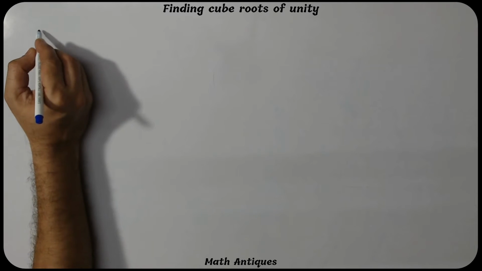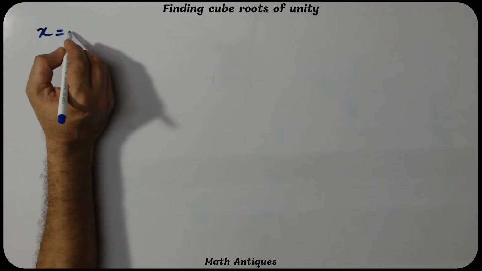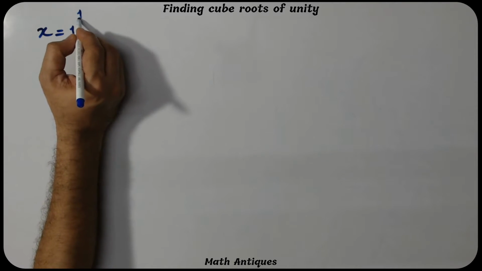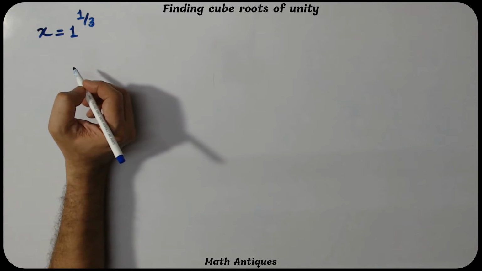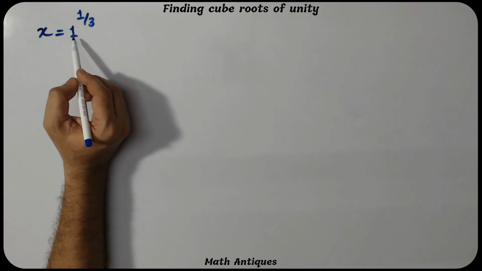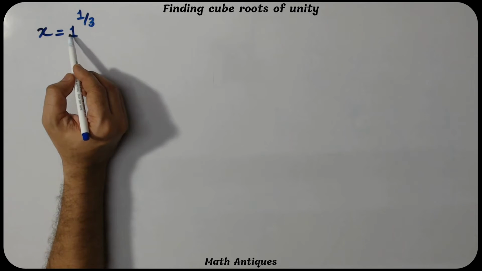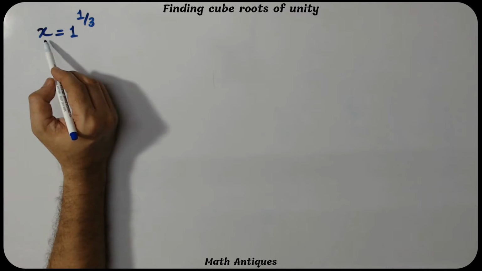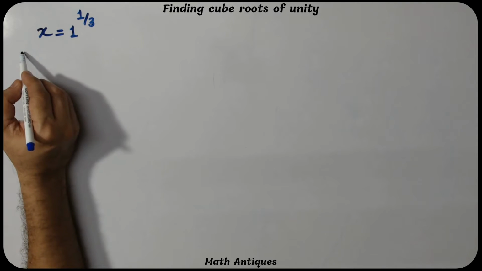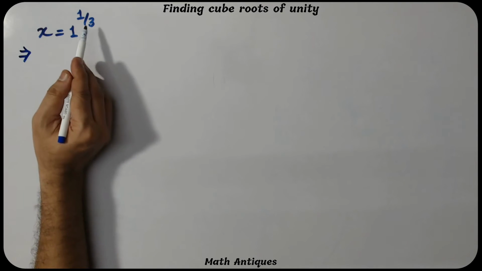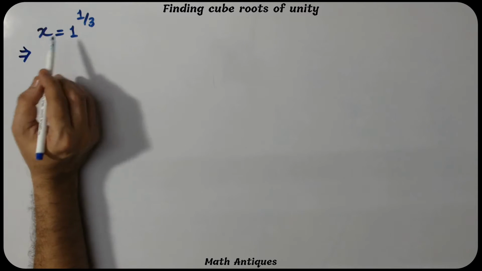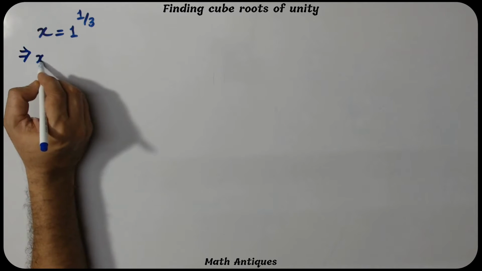We have to find the cube roots of unity. So to find cube roots of unity, we will write x equal to 1 to the power 1 by 3. क्यूब रूट फाइंड करना है, 1 का क्यूब रूट फाइंड करना है, इसलिए हम 1 के क्यूब रूट को, दैट इज 1 रेज टू 1 बाय 3 को x के साथ कंपेयर करेंगे. अब क्या करना होगा, ये जो 1 का पावर 1 बाय 3 है वो पावर 1 बाय 3 निकालने के लिए वी आर क्यूबिंग ऑन बोथ साइड्स, दोनों साइड पे हम क्यूबिंग करेंगे.